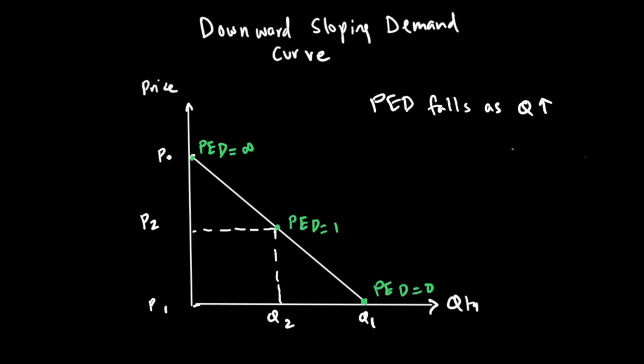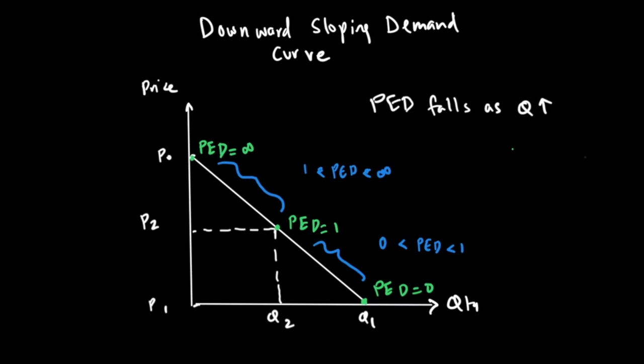So the first half of the graph, between P0 and P2, the value of PED will be between infinity and 1. While in the lower half, the PED value will be between 1 to infinity,